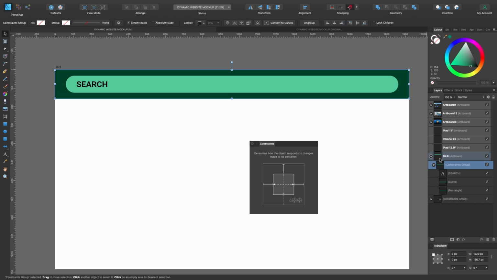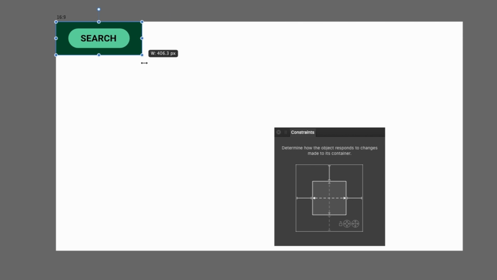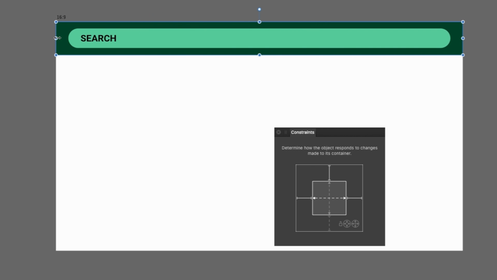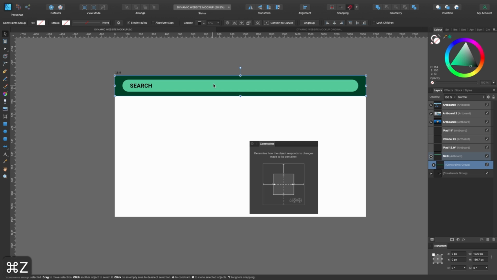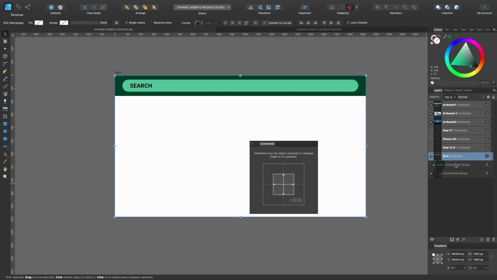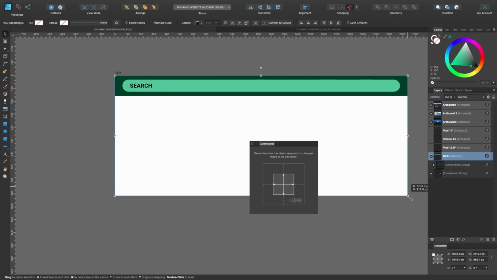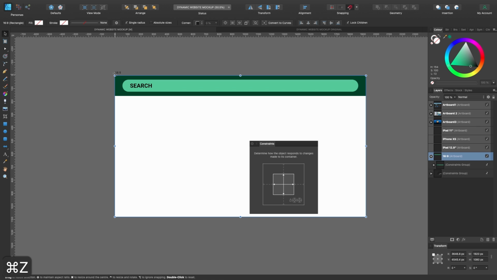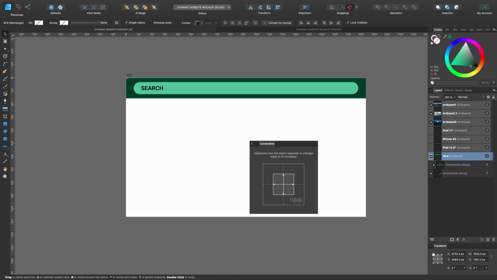So let's see how that's worked out. Grab the side and I'll just push it in like that. Okay, that seems to be working. And the next thing we're going to do is play around with the actual artboard, so the 16:9. So I've got that selected in the layers panel, and I'll just click and drag it like this, and it just seems to be working, whether I drag from that side or that side.